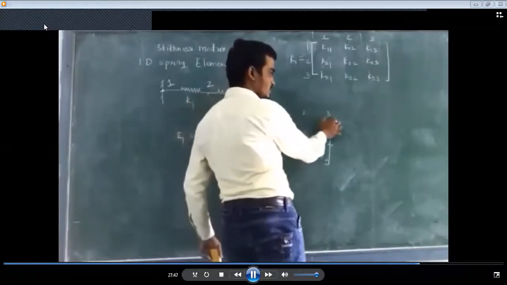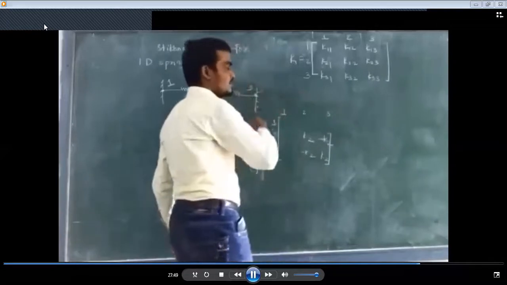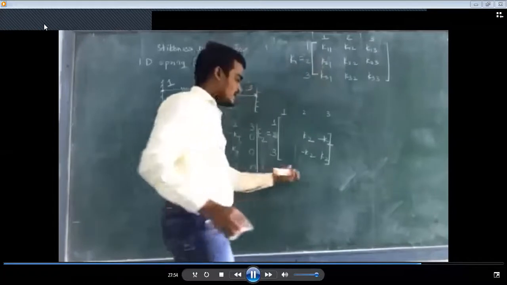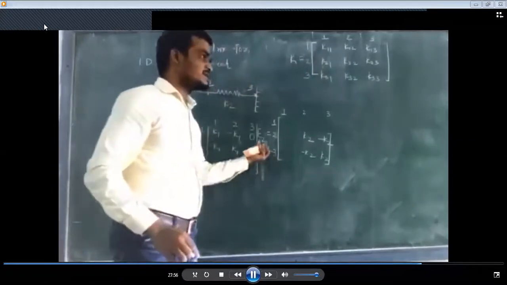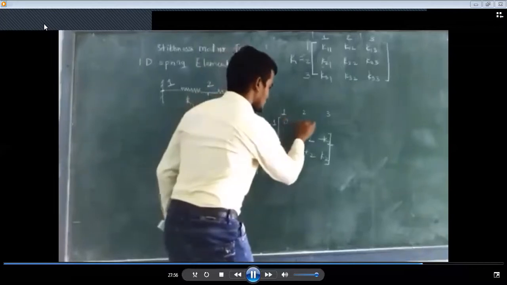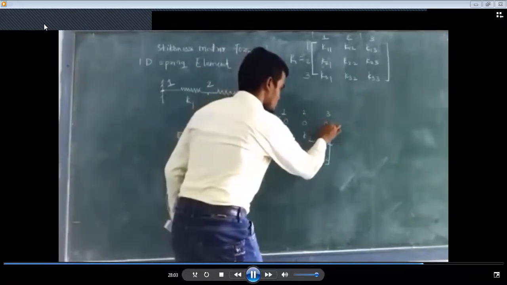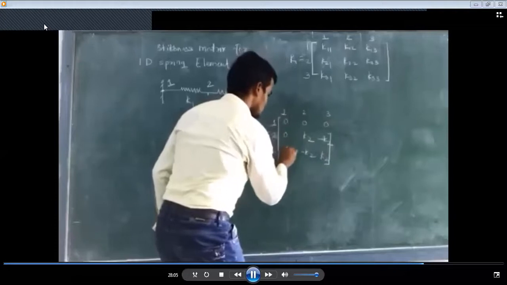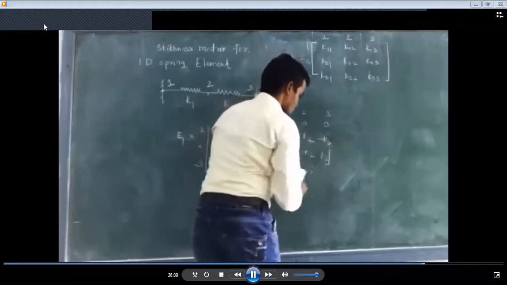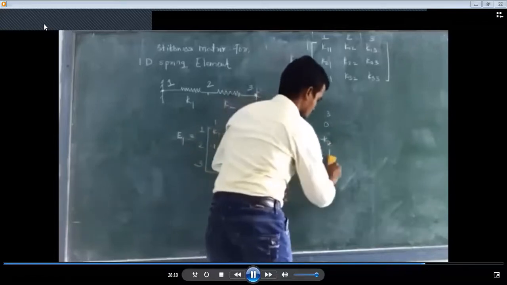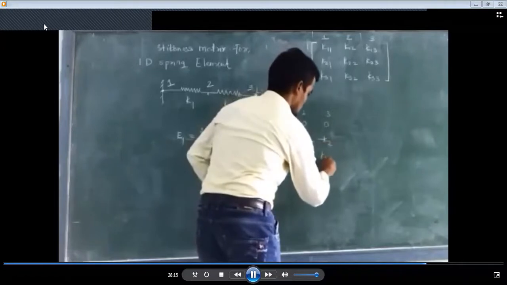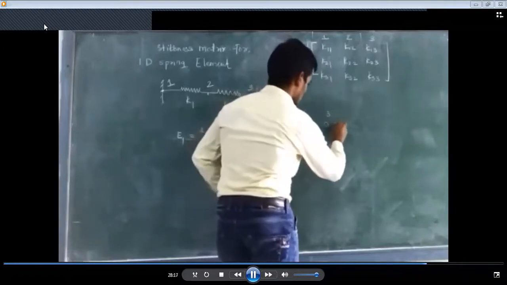This is your actual stiffness matrix, but we are writing this elemental stiffness matrix for your global construction by adding one first row and first column. First row means null values, 0 0 0. Similarly, first column 0 0 0. Actually it will not affect your elemental stiffness matrix. We are writing this to construct your global stiffness matrix.